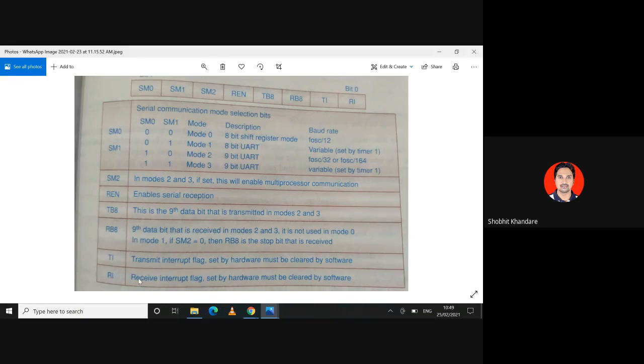Similarly for RI, can I say the same thing? It signals that a byte is received and should be read quickly prior to being replaced by the new data byte. Do you agree with that sentence? Okay. तो आपको पता है रिसीव करने के बाद वो रिसीव बफर में जाता है, तो ये माइक्रो कंट्रोलर को बताता है कि आप जल्दी रिसीव बफर को रीड करो ताकि दूसरा बाइट उसको रिप्लेस ना करे,